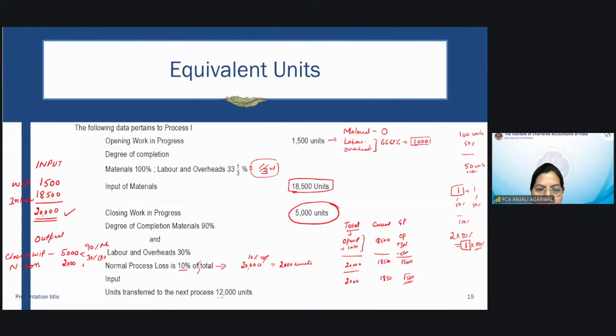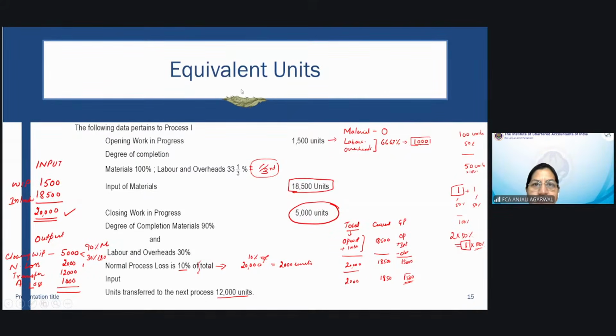But when I see that the units transferred to the next process is 12,000, where have the balancing 1,000 gone? That is assumed to be abnormal loss. So 1,000 units are abnormal loss. So I have the details of the output as well. Now I'll prepare the